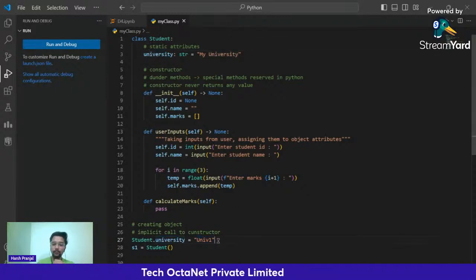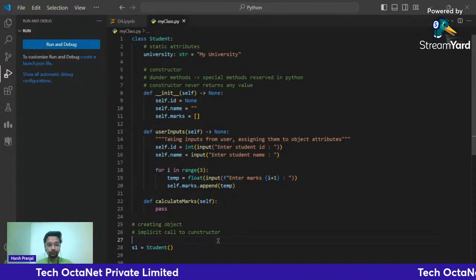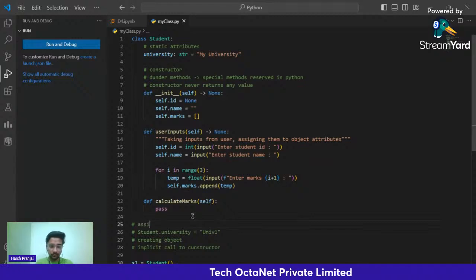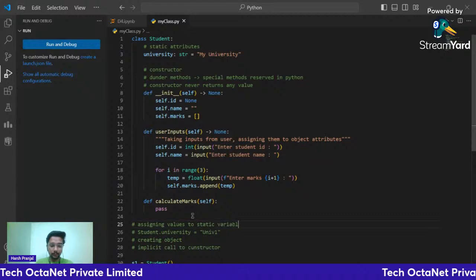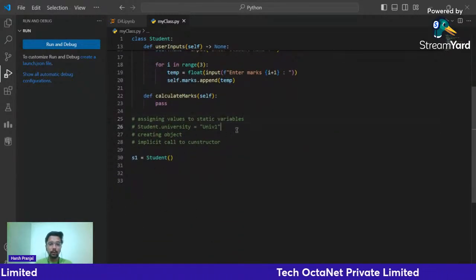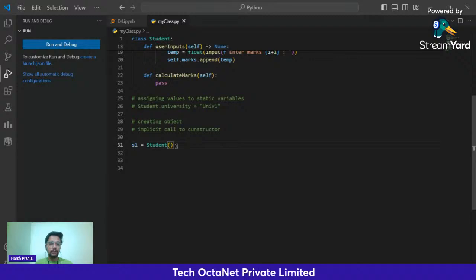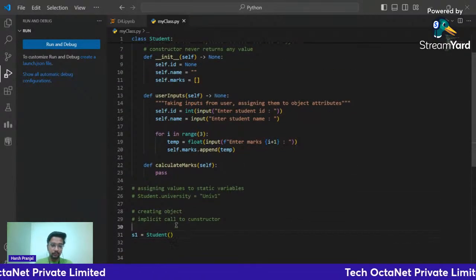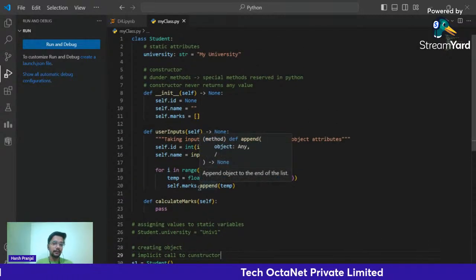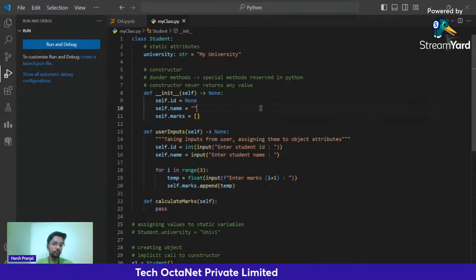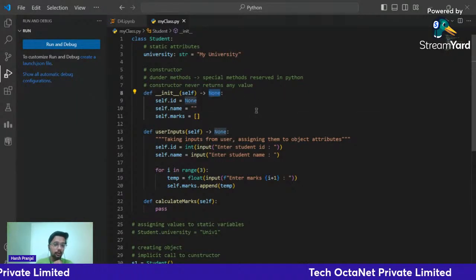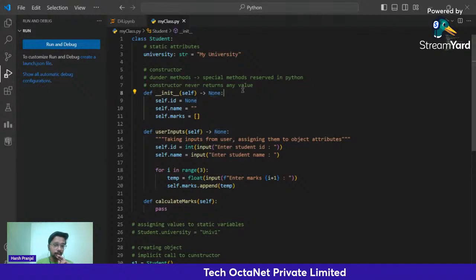So this is two types of assigning values to static variables. Now we have a student, and we have seen that there are multiple types of functions, right? With argument, without a return type, and something like that. There are total four types. So there are two types of constructor also. For constructor,